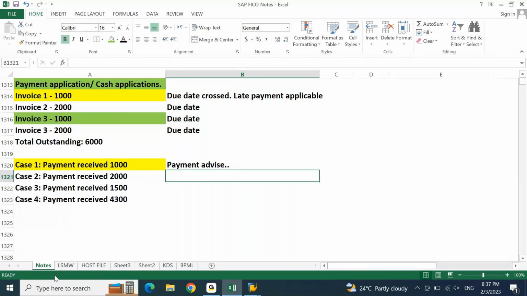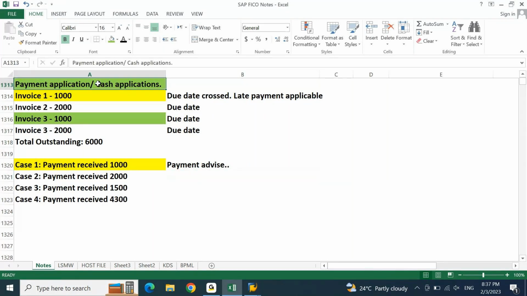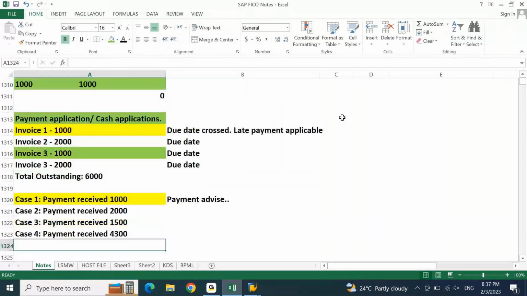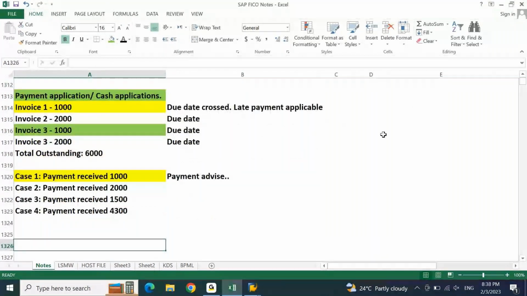you cannot keep this transaction open, right? You cannot keep this payment as not accounted or unaccounted. You have to record this payment. To do this, you have to do something called payment application. So this payment is again of different types. One is